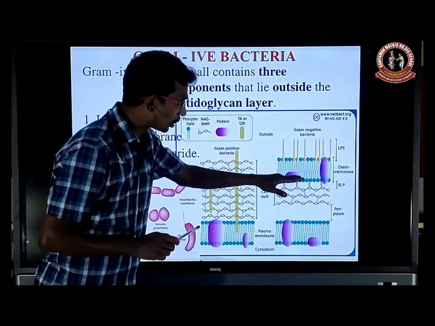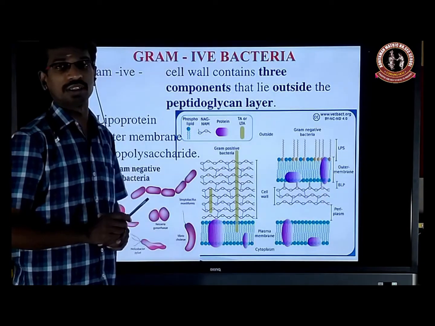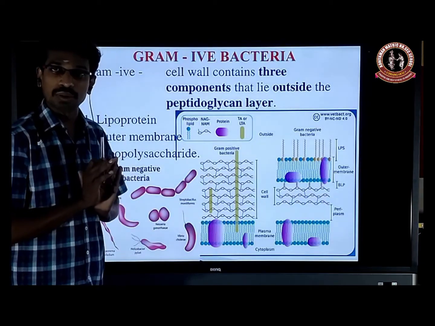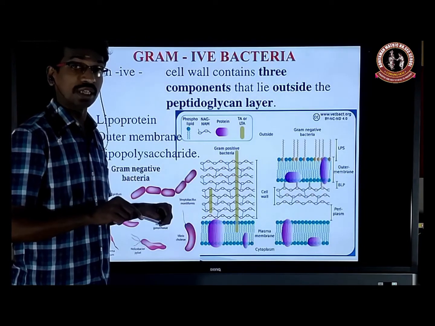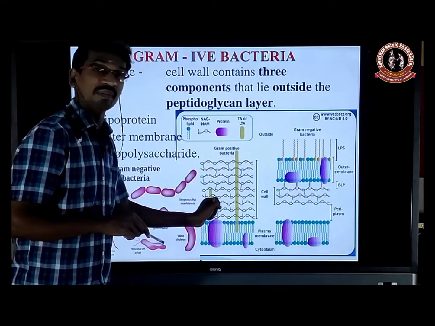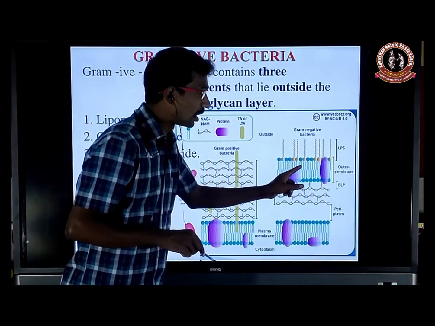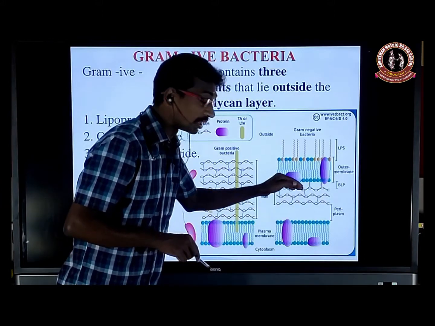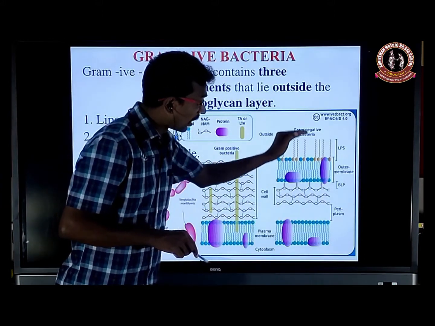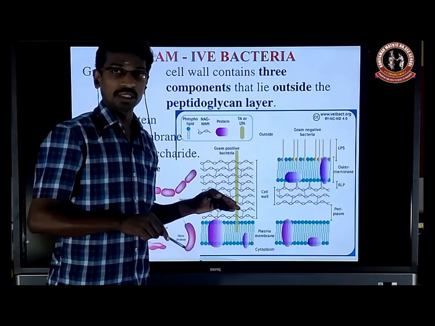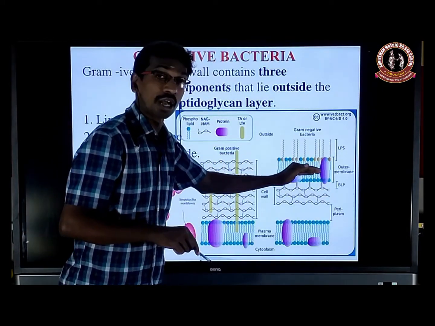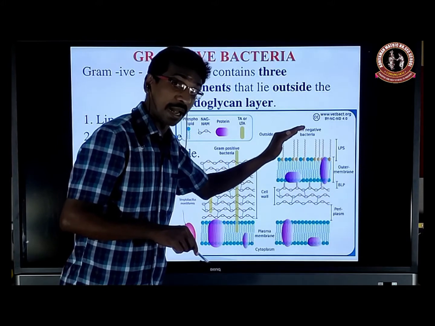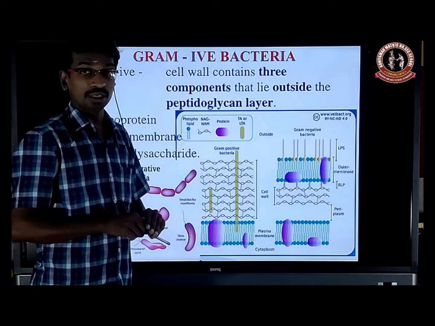So in addition to the cell wall, a separate layer is present, but in gram positive there is no other layer. That's why during gram staining, the cell wall retains the violet color. Here it does not retain the violet color because the cell wall is hidden inside a different layer. So gram staining will stain only the different layer above the cell wall that is present in gram negative bacteria.